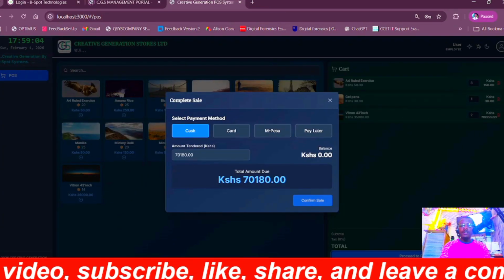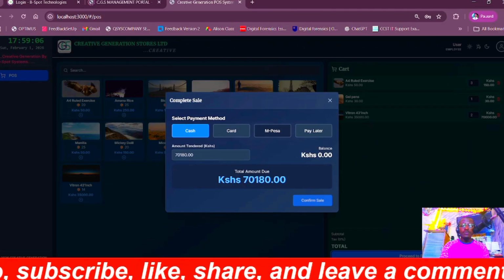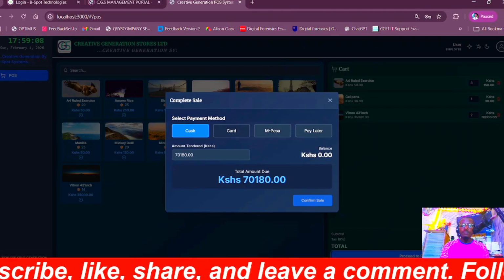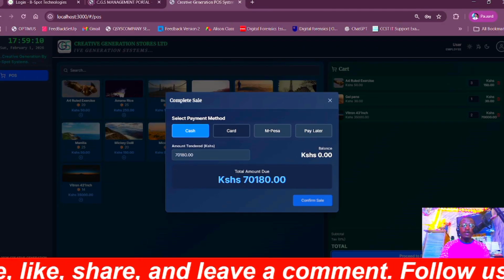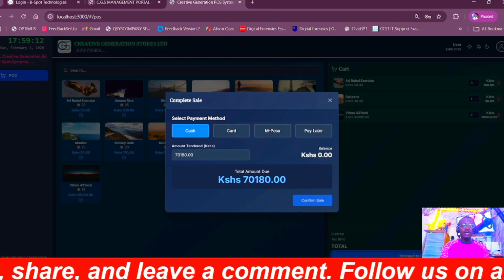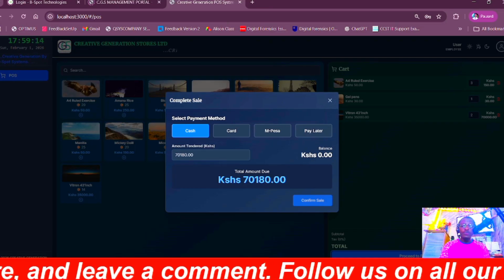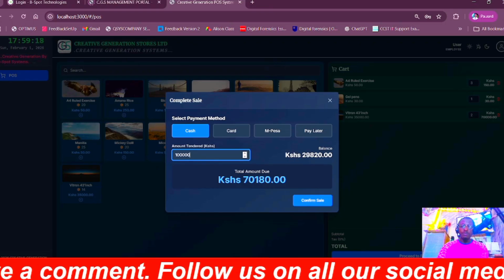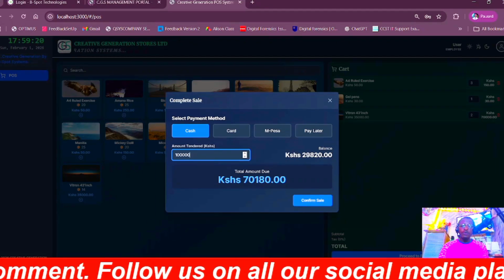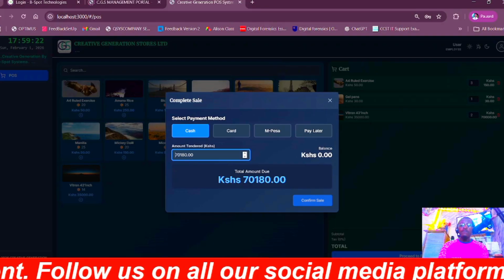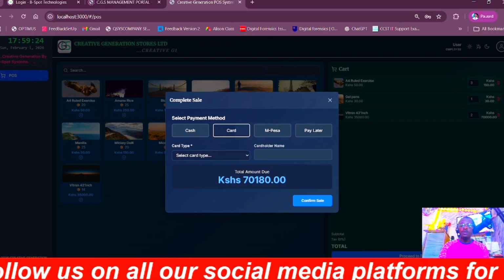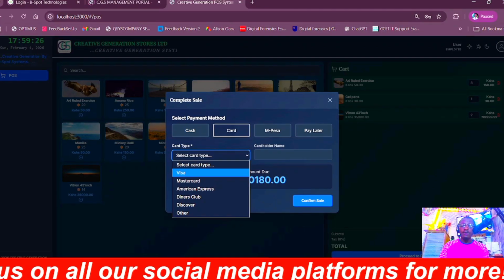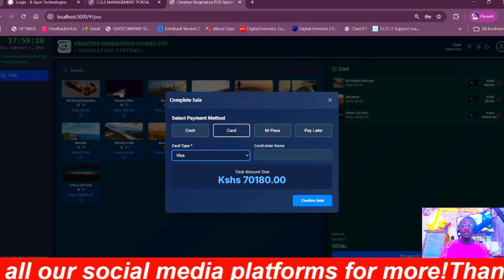We have 4 payment methods, sorry. There's cash, card, M-Pesa, and pay later. For cash, you'll have to put the amount that the customer has paid for you to make a sale. For the card, you'll just select the type of card that the customer is using, and then